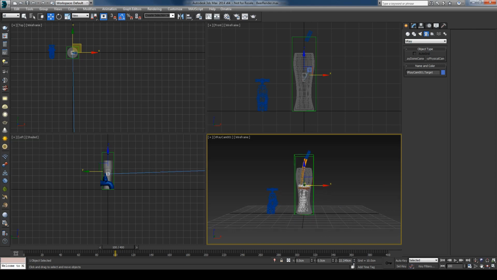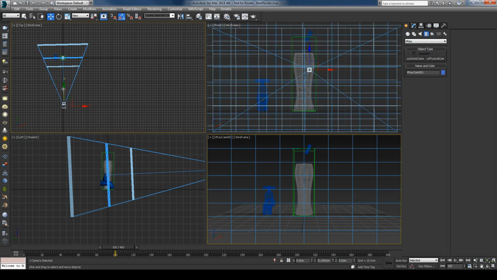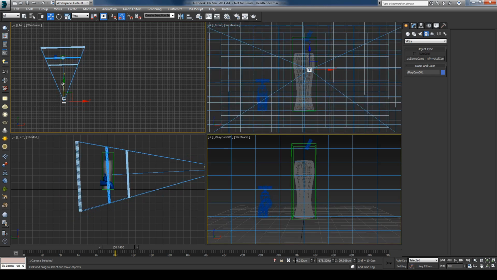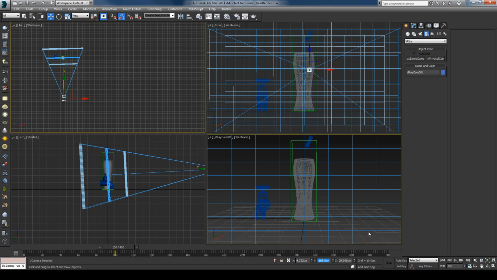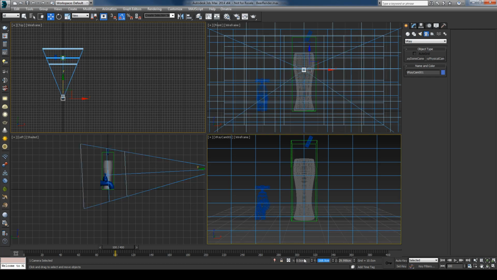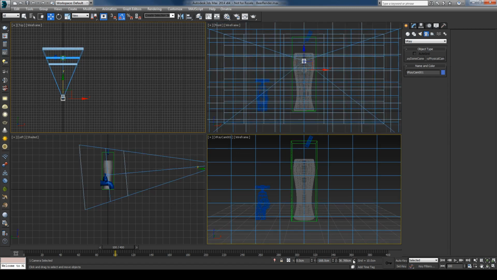So I'll move this down a bit. So 21, and I will just zoom in a bit. Okay, so let's say 8, and I'll center it on the X and just raise it up. Okay, let's say 35, and I'll select the camera